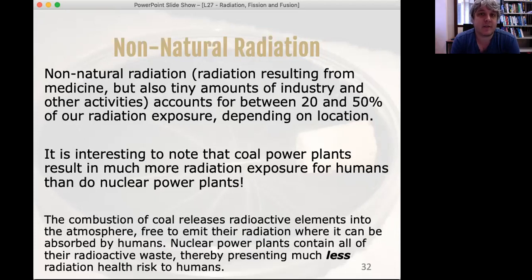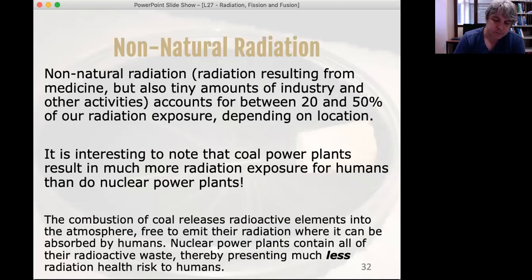Some of the older ones that didn't have the same safety protocols and caused meltdowns like Chernobyl, they caused issues, but the modern safe power plants do not cause issues. They are one of the cleanest methods and safest methods for energy creation. I use that word cautiously because I've already said you can't create energy, but converting nuclear energy into usable